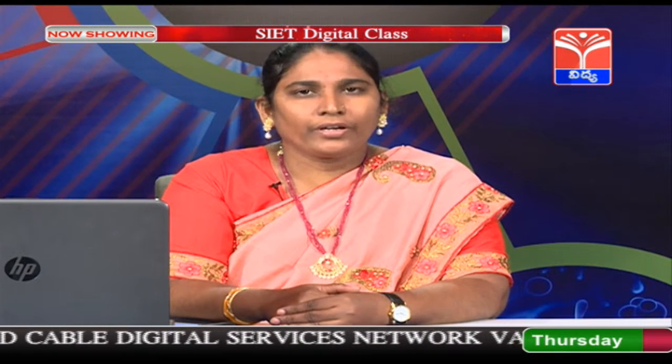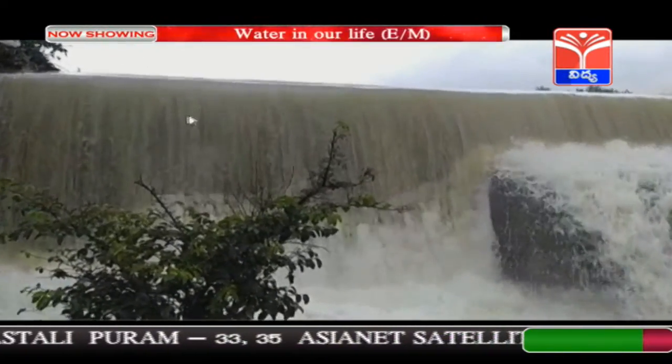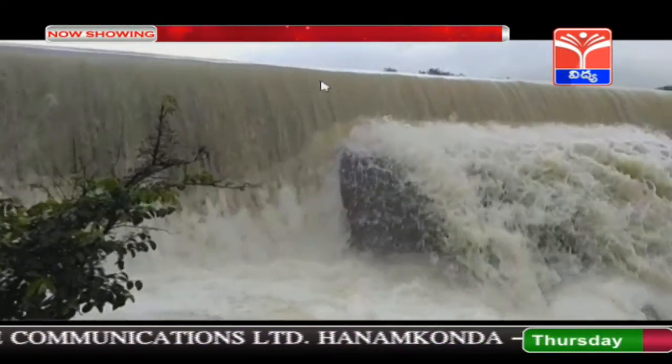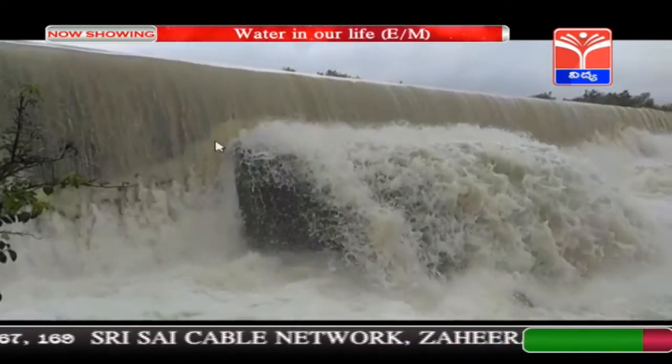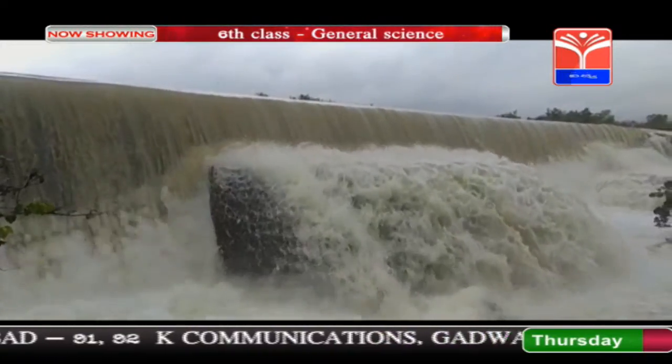Children, the water which is present in the oceans or in the glaciers cannot be used. Then what are the other sources of water, children? Yes. How do we get water? We get water through rain. Just look here. Here you see the rain water flowing from upper areas to the lower areas. So, this water runs all along and fills the rivers, ponds and lakes, and it helps in increasing the ground water.